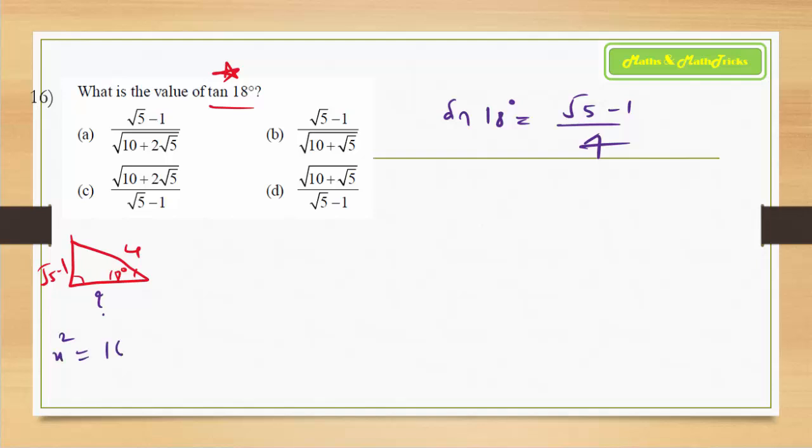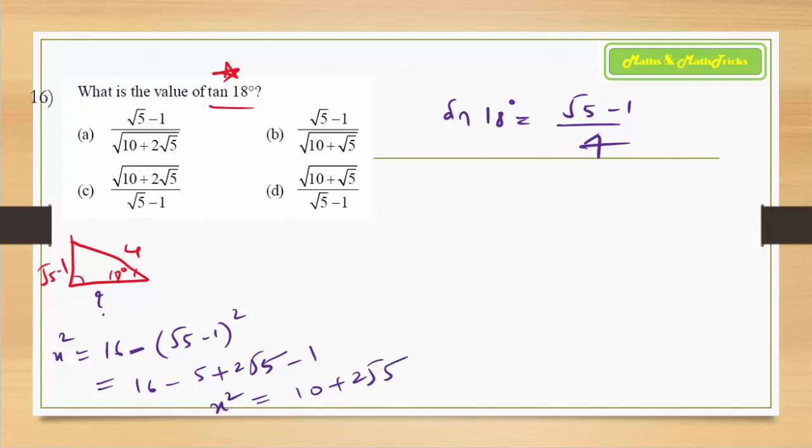So x square should be equal to 16 minus root 5 minus 1 square. So what do you get this to be? 16 minus 5. Then the middle term minus 2 root 5 becomes plus 2 root 5 because of the minus here. And then minus 1, right? So you have got then 15 minus 5, which is by taking 5 common, 3, right? 15 minus 5. Oh, sorry. We can't take that 5 common. So 15 minus 5, we have got 10 plus 2 root 5 as the x square value, and we need its square root. So we will take it.